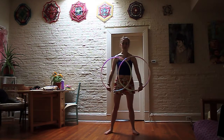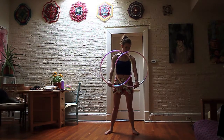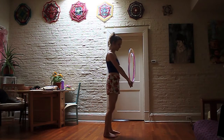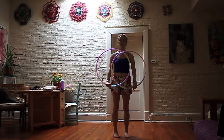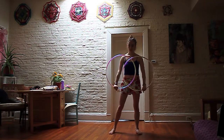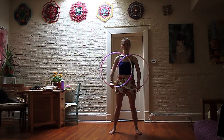So typically when I'm doing this kind of double isolation here, I start with my hands maybe about a foot away, maybe a little bit more from my hips, just like this. My grip, the top of it is kind of overhand, the top of my hand is facing the ceiling, and I have a really tight grip and strong arms. So, get comfortable here, and what you're going to do is just like with a regular isolation,